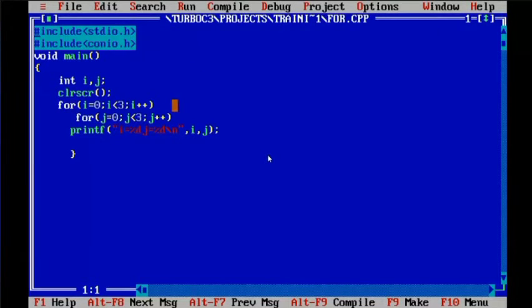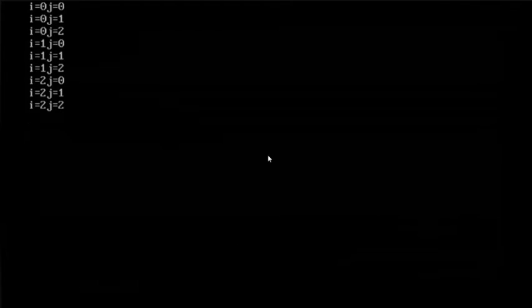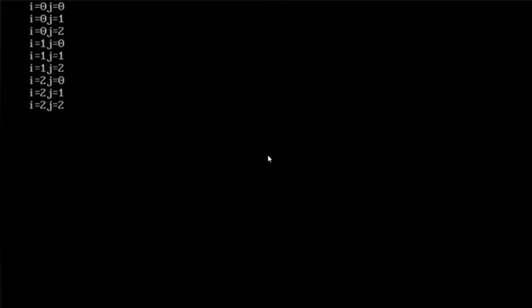I value equals 0, 1, 2, and j value equals 0, 1 and 2. So what you are getting now is what you did. You see now, I value was 0, 0, 0. I think I had not saved it or compiled it, so it was coming again and again.